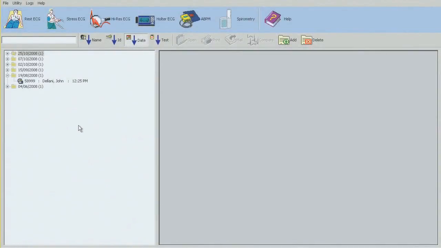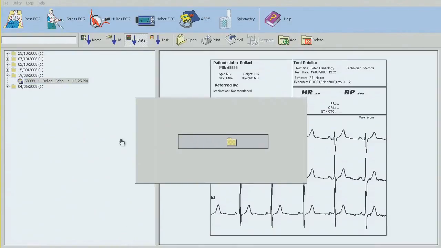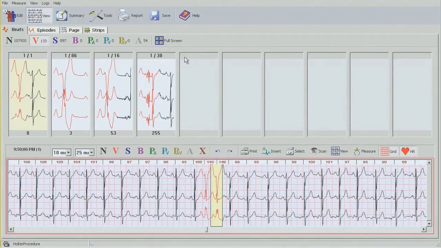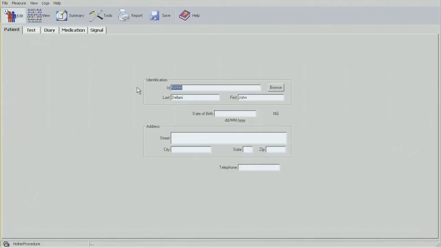I'm analyzing patient John Delaney. I'll double click on the patient name to open up the file. And I'm going to start analysis working from left to right. First going to edit. This is where I can edit all the patient information, demographics,